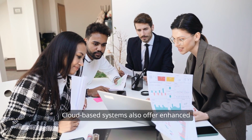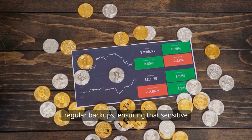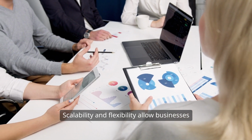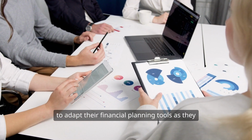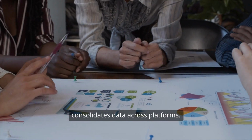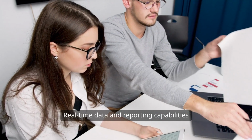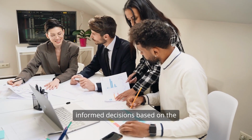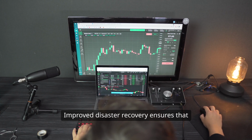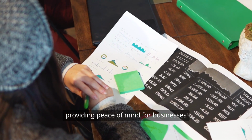Cloud-based systems also offer enhanced security through data encryption and regular backups, ensuring that sensitive financial data is protected. Scalability and flexibility allow businesses to adapt their financial planning tools as they grow, while integration with other tools improves efficiency and consolidates data across platforms. Real-time data and reporting capabilities enable businesses to make informed decisions based on the most current information available. Improved disaster recovery ensures that data is safeguarded against local disasters, providing peace of mind for businesses relying on accurate